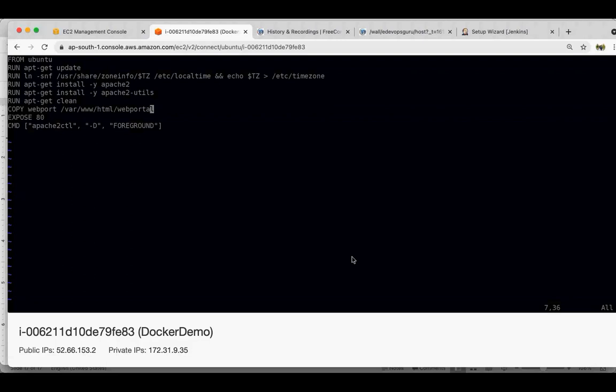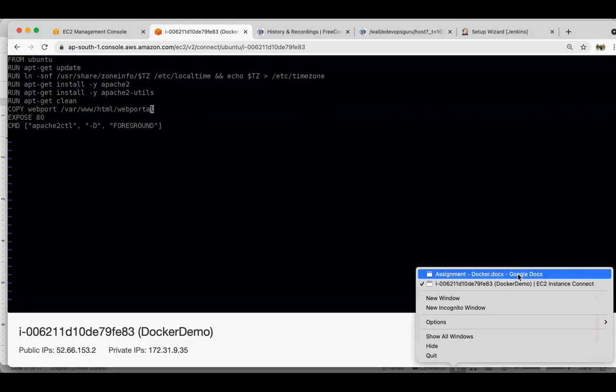As soon as you create your Docker image, all these things would be there. So you can basically create your own site and put it into a container. This is what you have to do as part of this exercise.